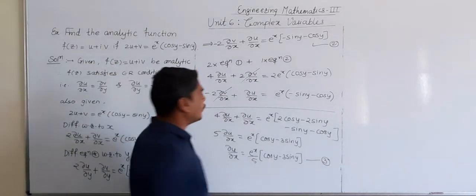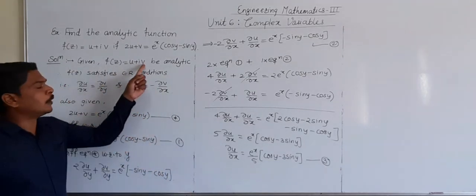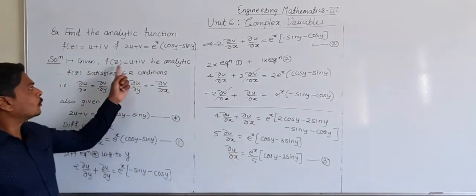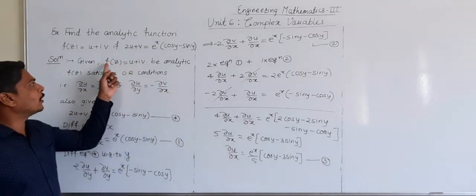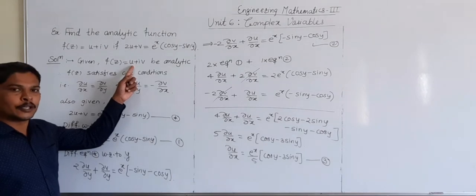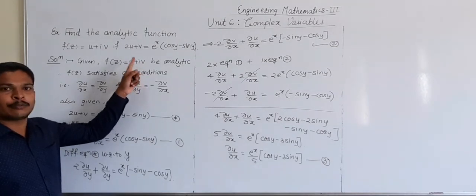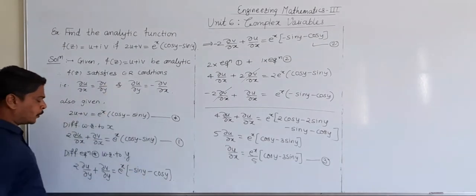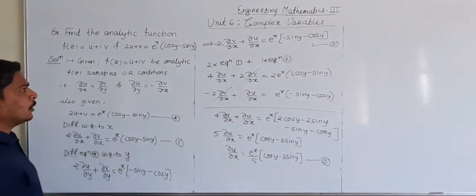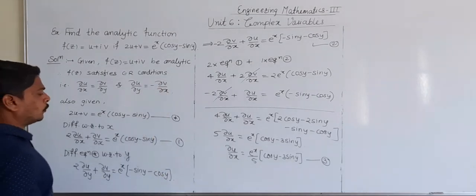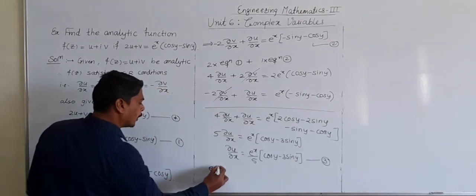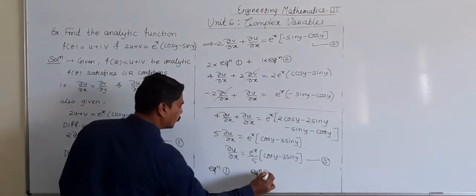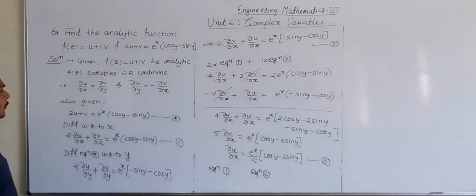Okay, and we know that f(z) is u + iv, and here we get the partial derivative of u with respect to x. So after differentiating this with respect to x, we get f'(z) is equal to ∂u/∂x + i ∂v/∂x. Now our next target is to find ∂v/∂x using equation number 1 and equation number 2. So for that, making the coefficient of ∂u/∂x the same.